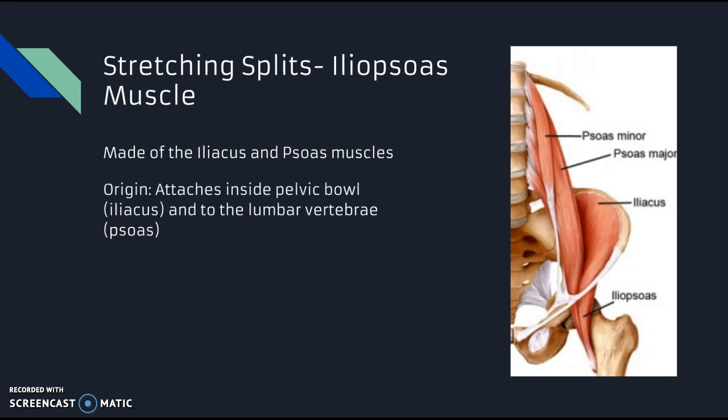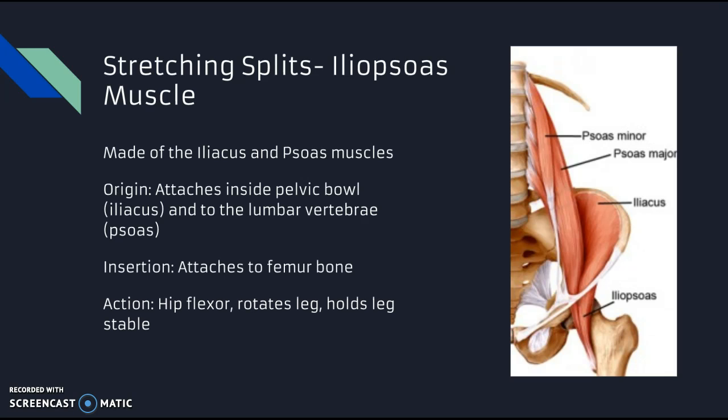The origin of the iliacus muscle is a broad area inside of the pelvic bowl, while the origin of the psoas muscle is in the vertebrae. The psoas muscle is the only muscle that connects the spine to the legs by connections to the lumbar vertebrae. The 2 separate muscles then merge into a common insertion at the femur bone. This muscle acts as a hip flexor,